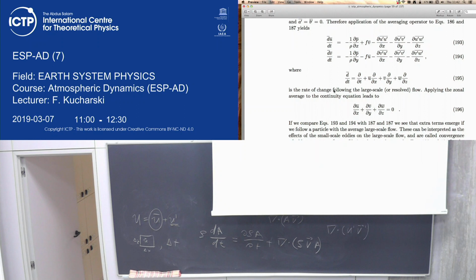There is a way, actually: you can derive equations for these terms here, prognostic equations for these terms here. You can derive an equation for d by dt, a prognostic equation, for example, for one term that could be relevant, u prime w prime. You can do this if you carefully go into the Navier-Stokes equations. The problem is